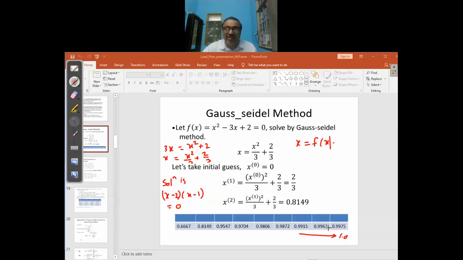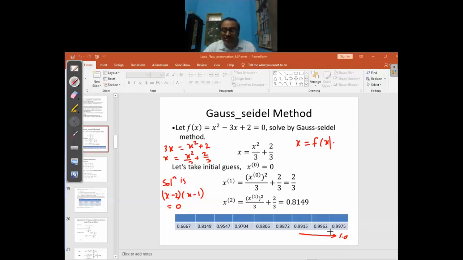Start with some initial guess, express the function in the form x is equal to f of x, put that guess on the right hand side, see what the left hand side is, and evaluate. And whatever is the left hand side value, that becomes your new guess for the next iteration. Put that there, for example, here. Again evaluate. That will be your new guess for the third iteration, which is this. Then you get this. From here you get this. From here you get this. And this will continue unless and until it has converged. So when it has converged, it will be 1.0.